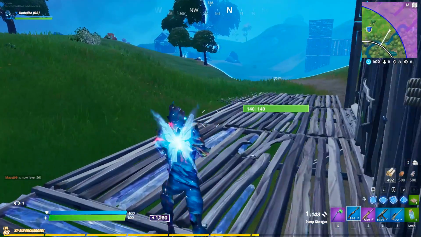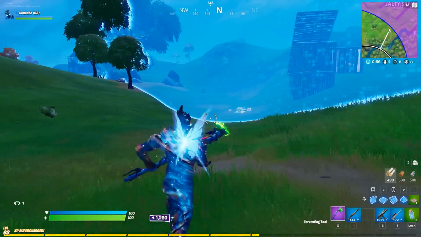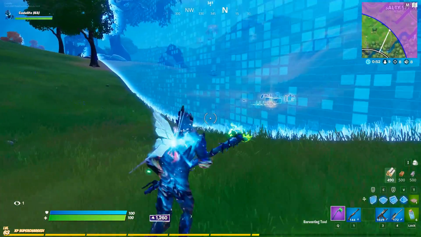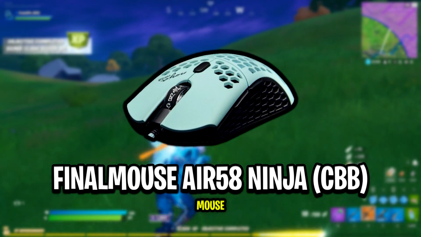Next up, we'll now check out all of the peripherals that Bugha is currently using this season. I know that I've covered most of his setup in my last Bugha video, which was in season 10, so what I'll do for this video is I will still show everything, but I'll talk over the changes that he's made from last season. So, starting off with his mouse, Bugha previously used the Final Mouse Air 58 Ninja in